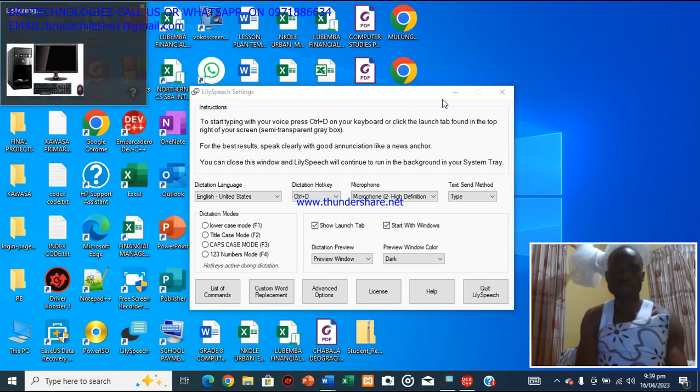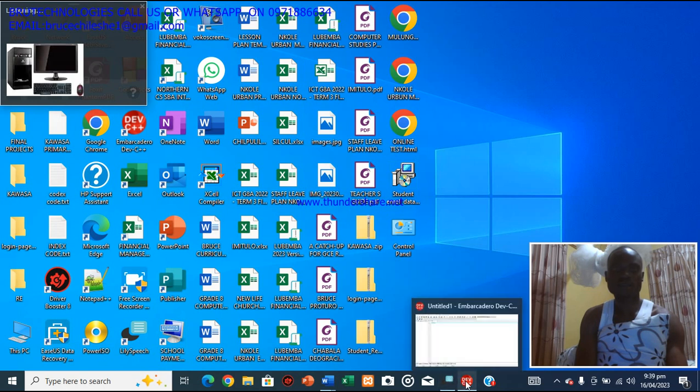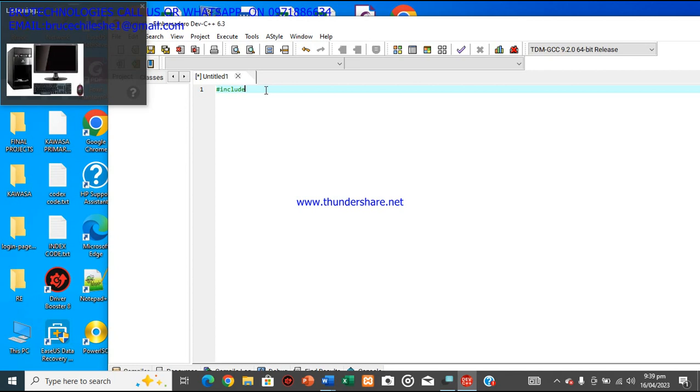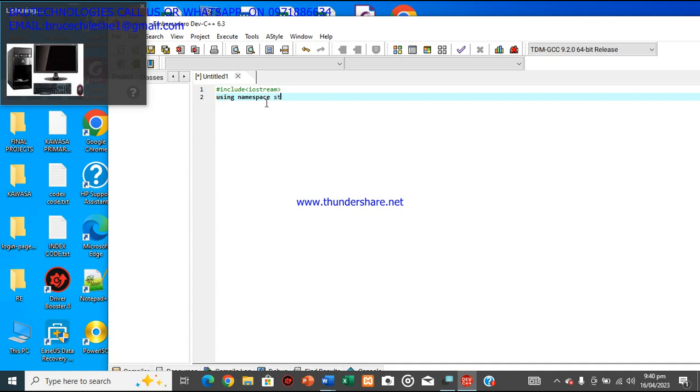So we are saying pound include. That's in line 1: pound include iostream. In line 2, we're going to say using namespace std. Namespace standard, then